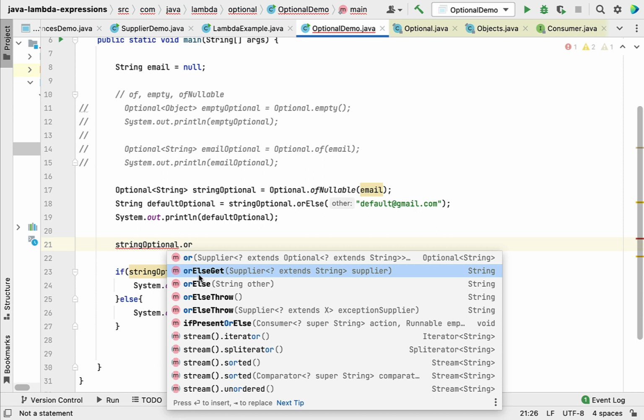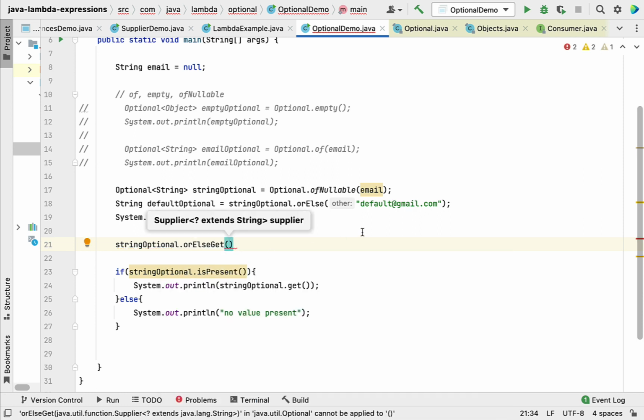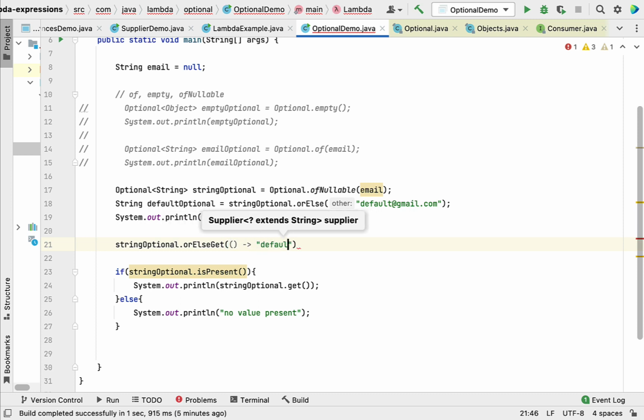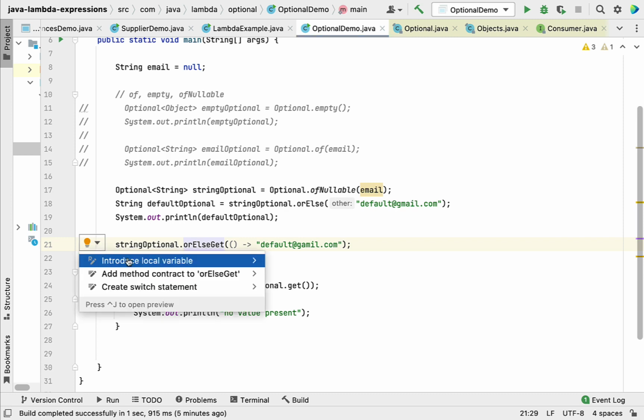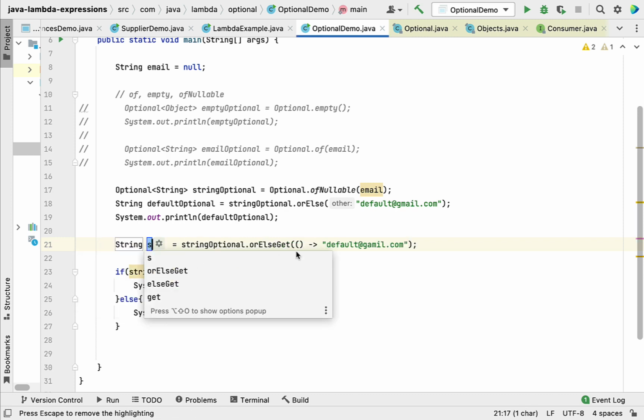So let's go ahead and call the orElseGet method over here, and just pass the lambda expression, and just pass the value as default@gmail.com. Okay, so if you look at orElse and orElseGet method, both work in a similar way, and the only difference you can see is the parameter type. So orElse method takes string, orElseGet method takes a supplier interface, and we have used a lambda expression to implement the supplier interface. Now let me introduce a local variable here, and let me call it default